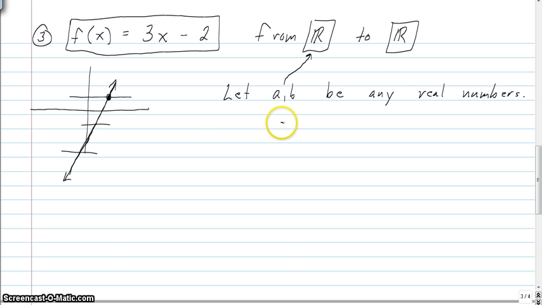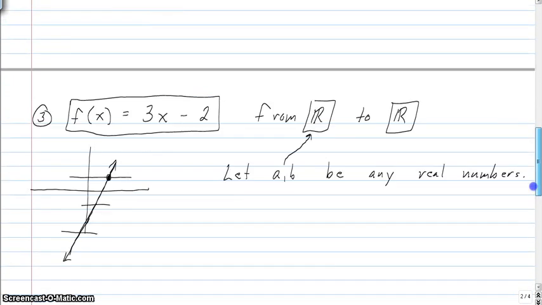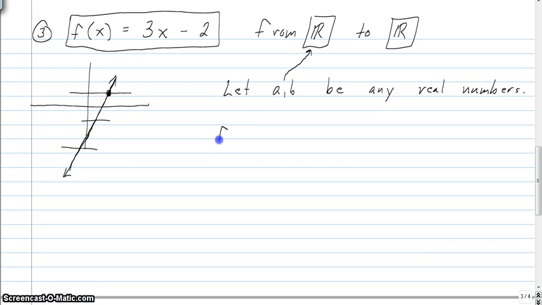And then, from our definition, we're going to start with the hypothesis. This is an if-then statement. If this is true, then this must be true. And we're going to see if we can work our way down to that conclusion, that a must be equal to b. So if we start with f of a is equal to f of b,